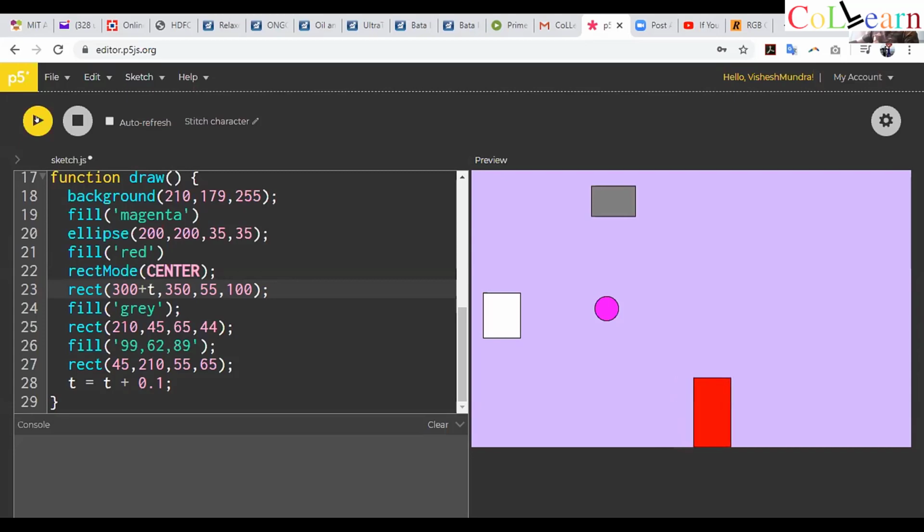Are you able to see something changing here? You can see the red one going down or up. Yes, it will move in the x direction now, because that was the first coordinate of the rectangle. I hope it's not boring and it's fun for you people.